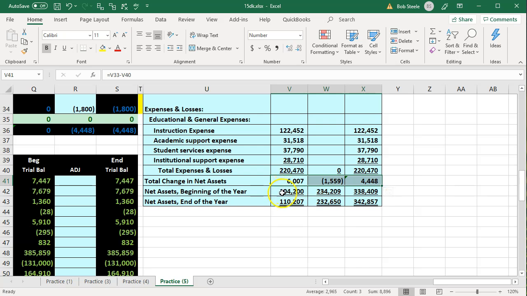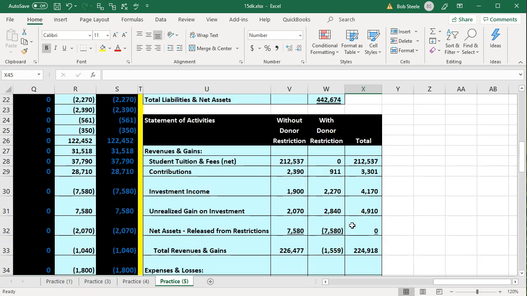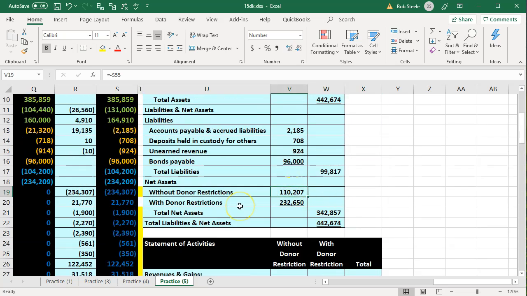But then we tied it out to what would be similar to the balance sheet type of report, these three numbers. So the 110,207, the 232,650, and the 342,857 should tie out up here, where we have the 110,207, the 232,650, and then the sum of those two being the